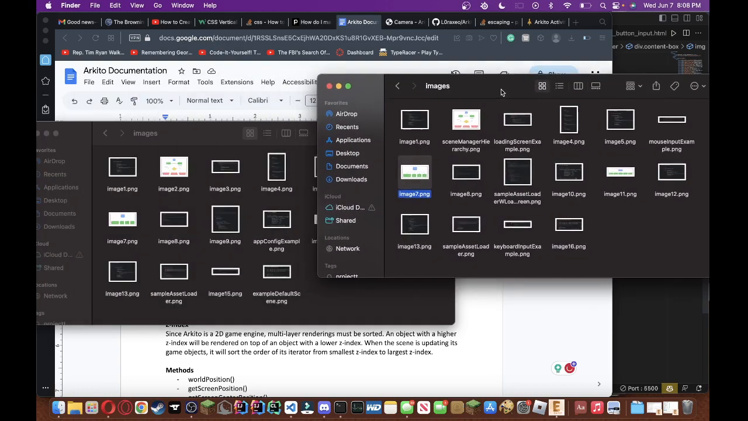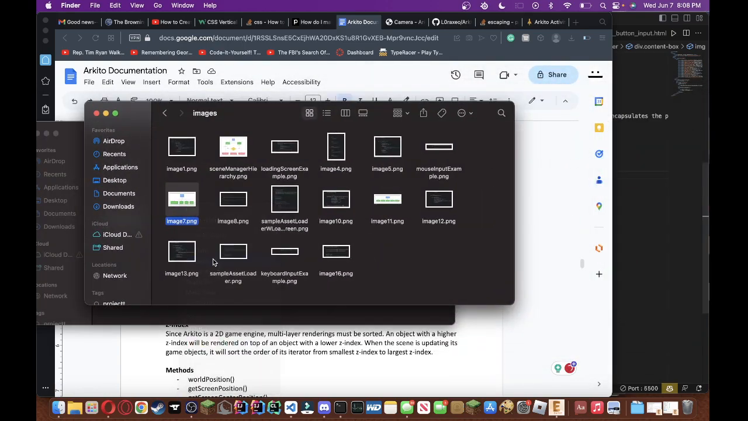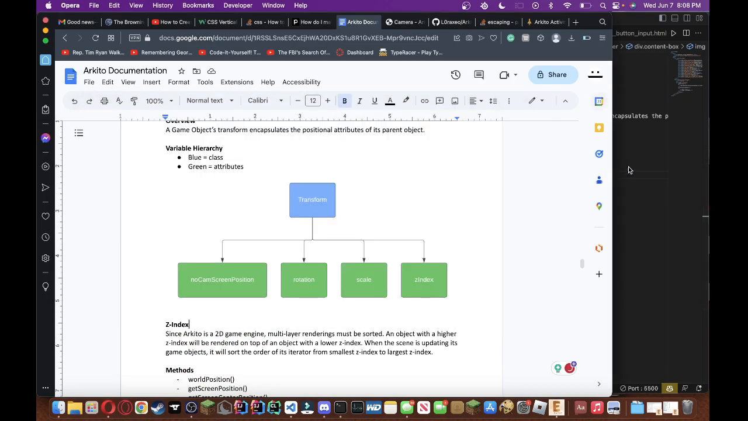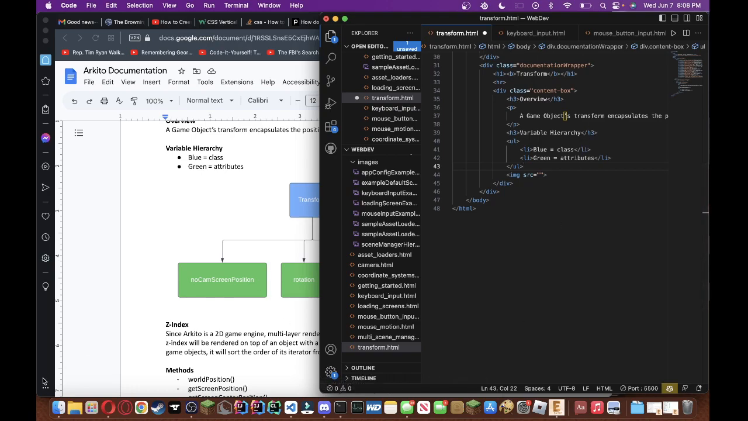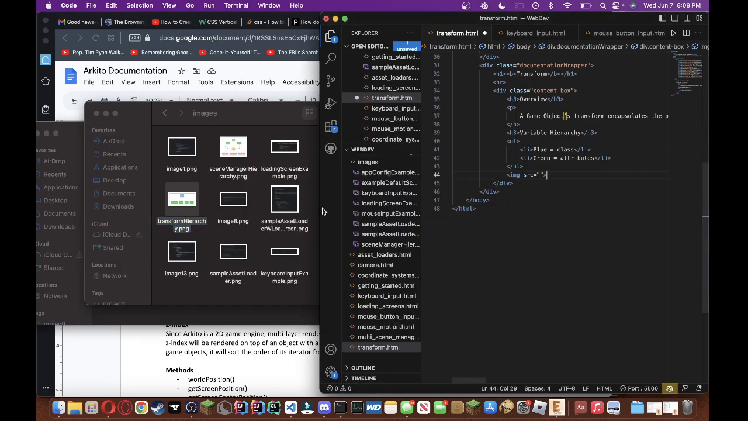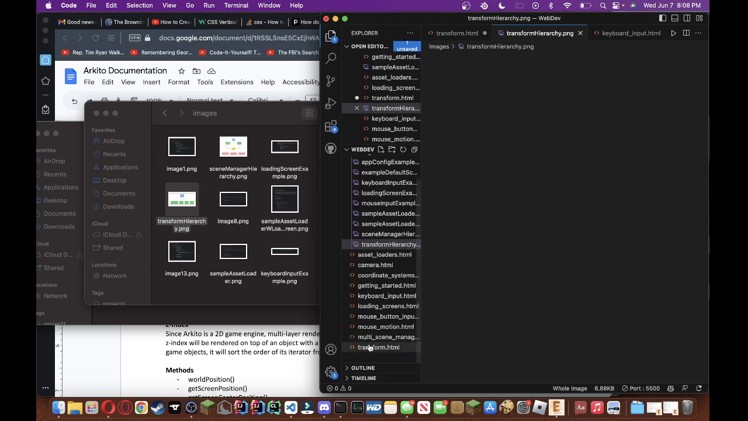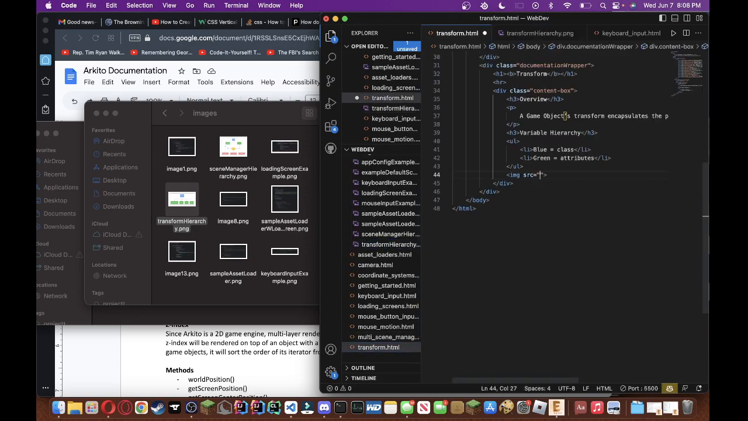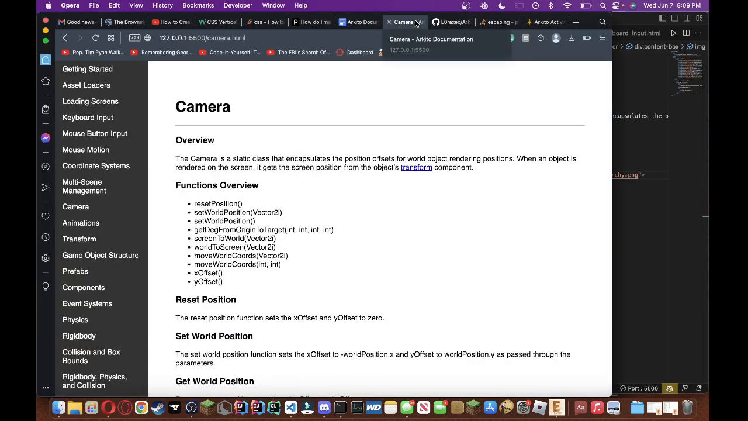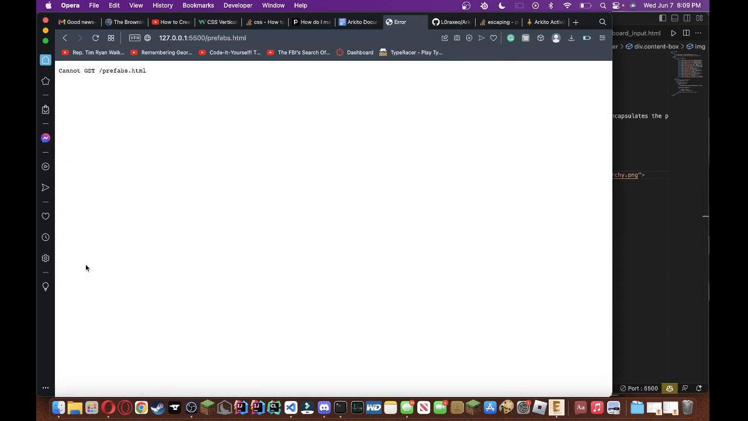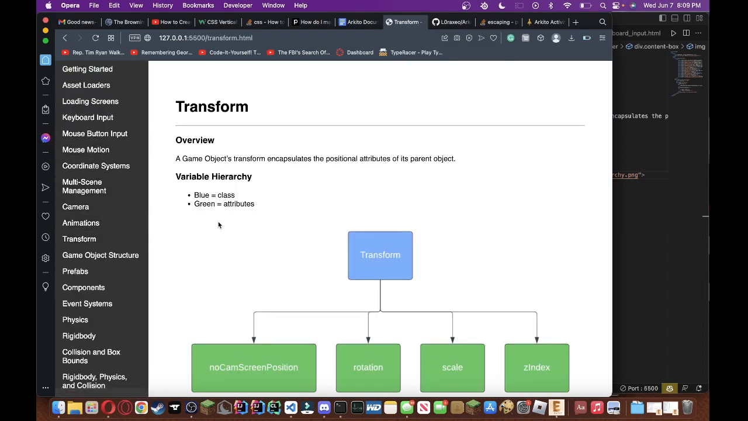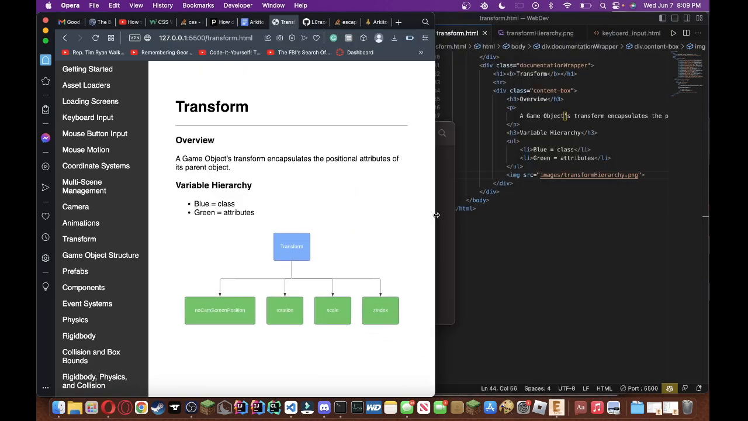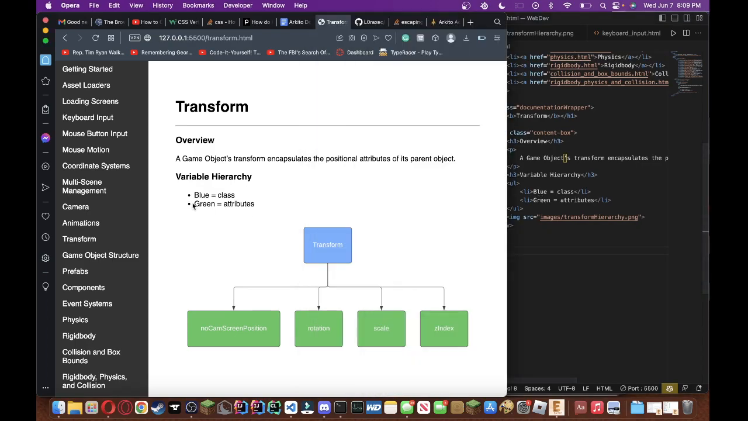this, and it's going to be called transform hierarchy, right? Variable hierarchy, yeah, transform hierarchy. Going here. Images, transform hierarchy, save that. Oh, oops, transform hierarchy. Sweet, that works, and it should resize. Yep, there we go, perfect. Oh,